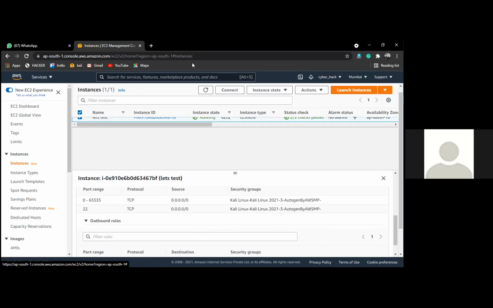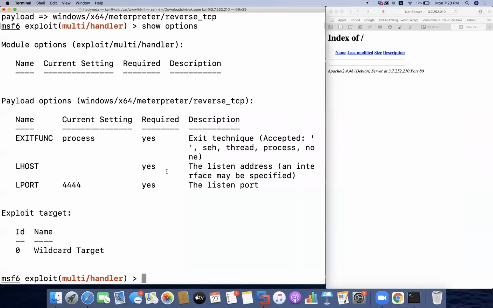So I'm sharing my screen again. This was just to check that the firewall on AWS is ready, so that when we are listening for a connection, we are going to receive that connection properly. Now I'm going to set the LHOST property, which is going to be the listener, and this is going to be my IP address. So I'm going to set 0.0.0.0. This means I will be listening on all the network interface cards available on the AWS server machine, the hacking server machine.